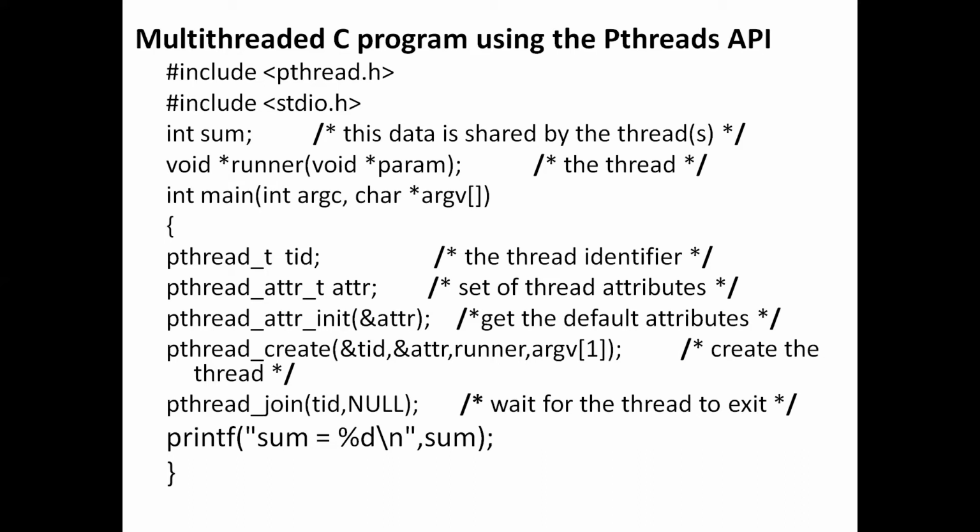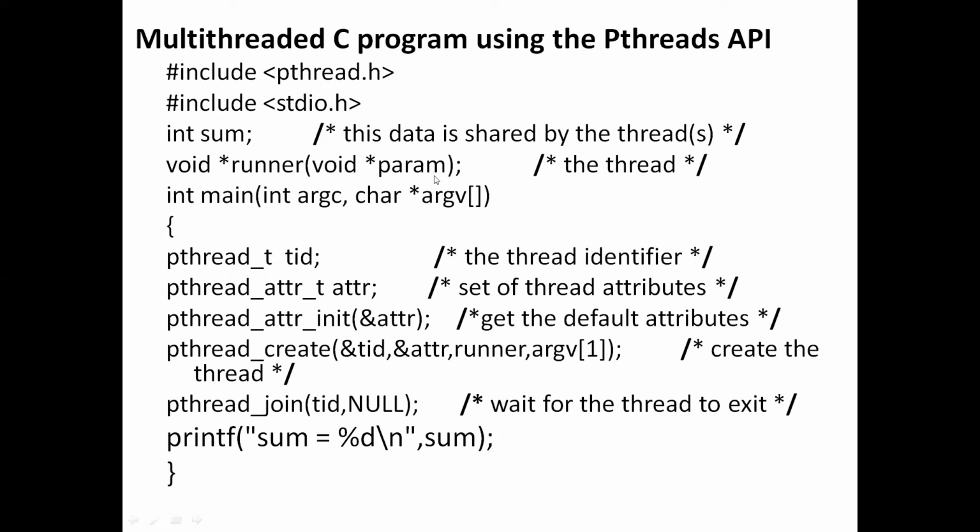Okay, void return type. If you declare it as an integer pointer, that will store the addresses of integer variables. If you declare it as a float pointer, that will store the address of float variables. Whereas if you declare it as void, it stores the address of any variable. So we declare it as void runner. This is the runner method declaration, runner of void param.